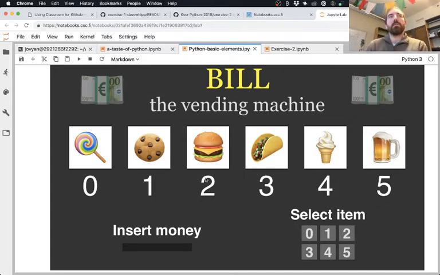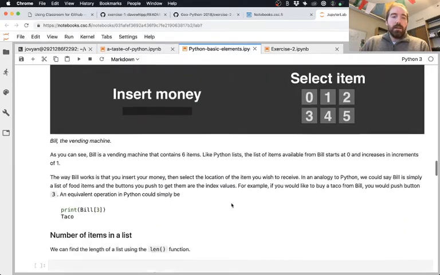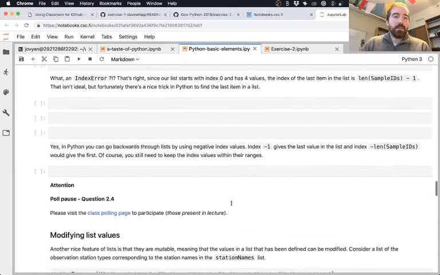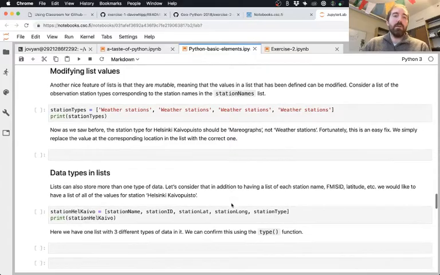When you get stuck with this stuff later in the course and you're having to deal with index values, if you can think back to how vending machines work, that will hopefully help you figure out the difference between the items in the list and the index, which is their location or their address. So, yeah, that's just a quick overview.